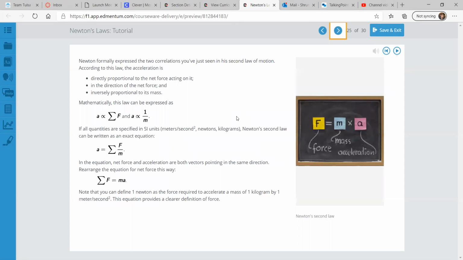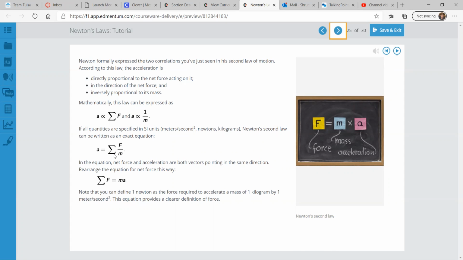Newton formally expressed the two correlations you've just seen in his second law of motion. According to this second law, the acceleration is directly proportional to the net force acting on it, in the direction of that net force, and inversely proportional to its mass. So mathematically, we can say a is directly proportional to the sum of the net forces and inversely proportional to the mass. So if all quantities are specified in SI units, Newton's second law can be written as